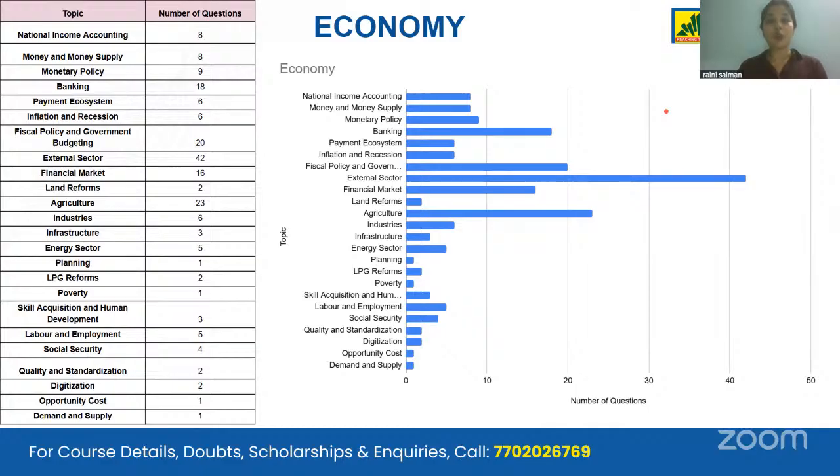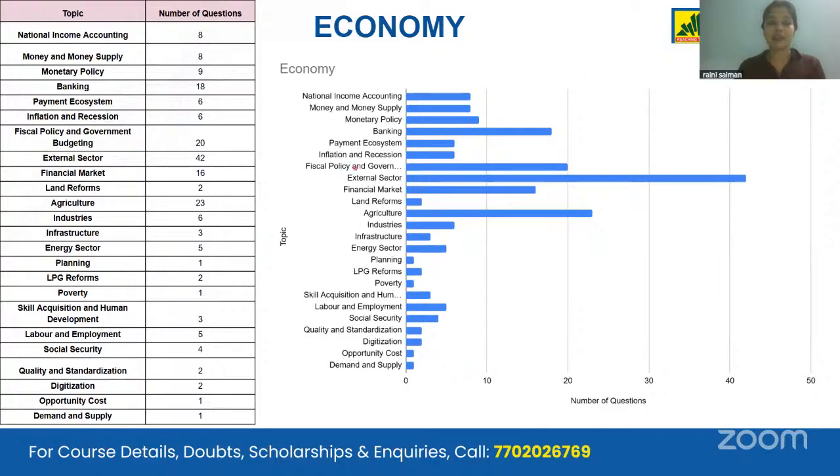Going forward, you will see the demarcation of marks. So you have to go through your PYQs. Previous years, from 2011, and today also we have done this analysis, which is happening since 2011. So you should start your PYQs from 2011 until now. You have to solve them, and after solving, my dear students, you will get to know that a lot of repetitions are happening, as you have seen in polity, that the same kind of question is coming again and again. Similarly, the same kind of questions are repeated here in economy as well.